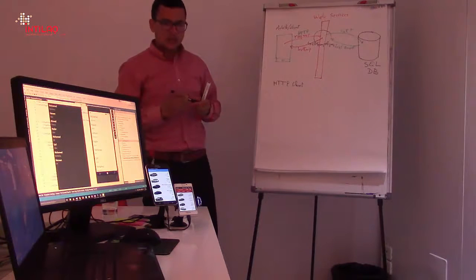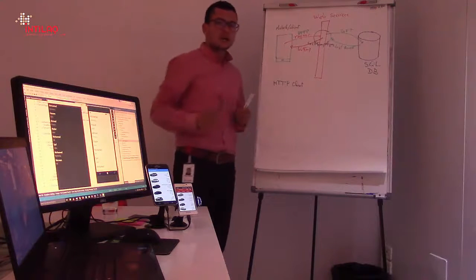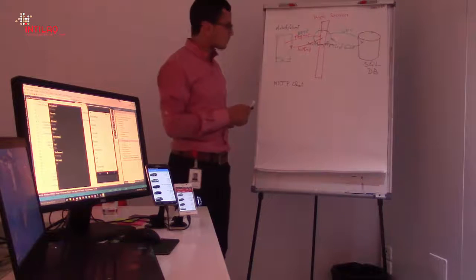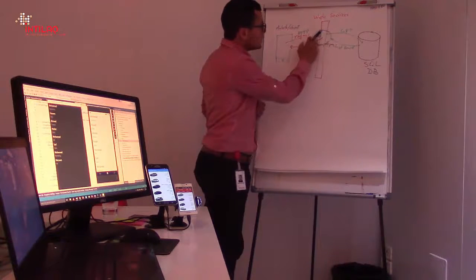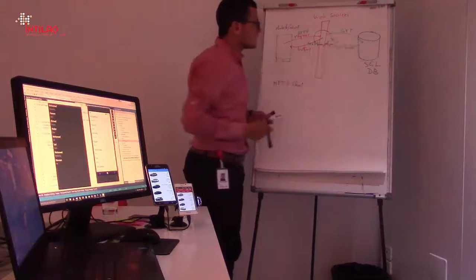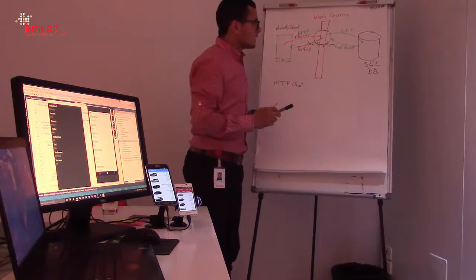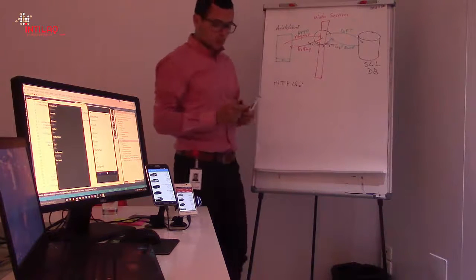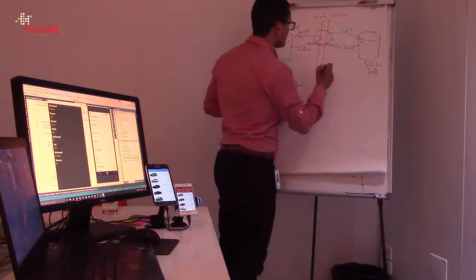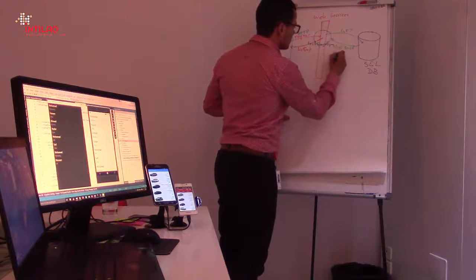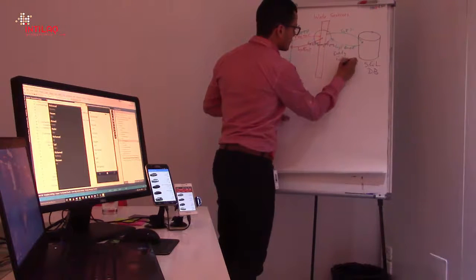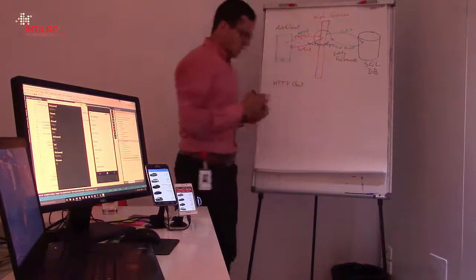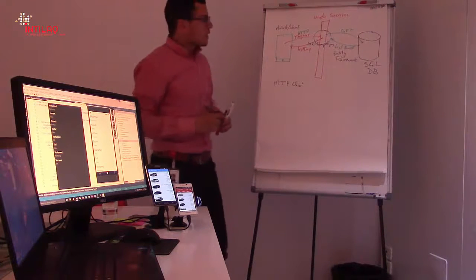We'll install this library later as a NuGet package. After that, between the web services and the database, the communication is done through entity framework. You might have heard about entity framework. Entity framework is an ORM that